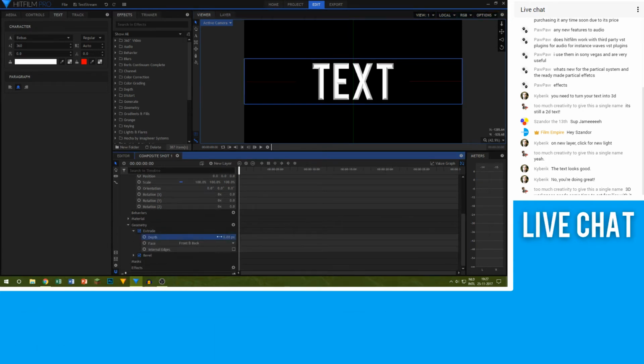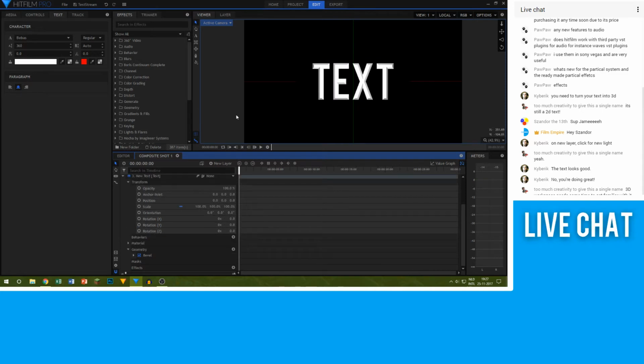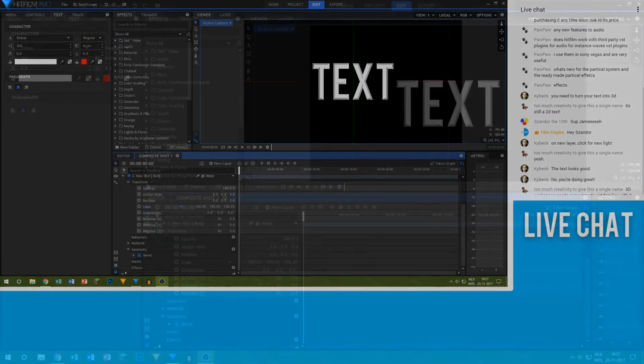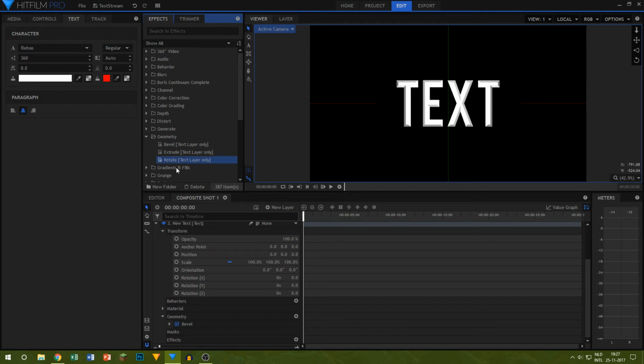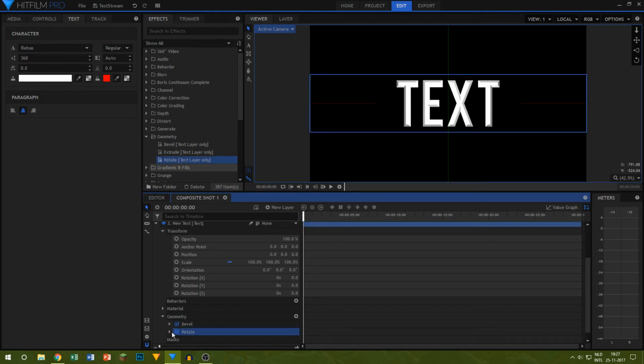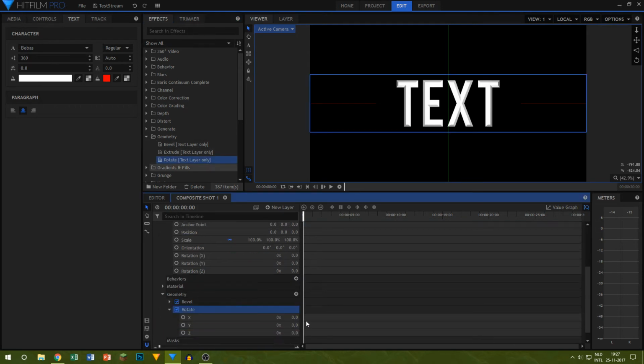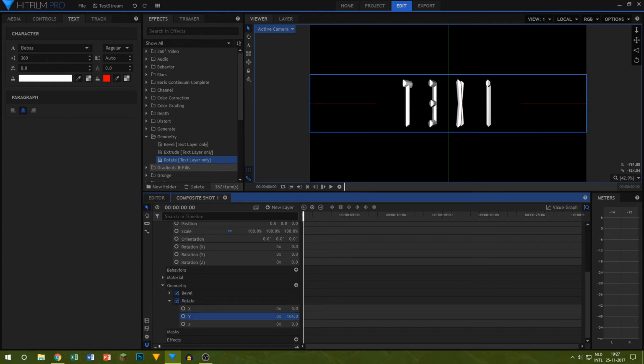So you can also just take this out and have the bevel sit on the text like this, and I think this looks really cool. So that's some really awesome text stuff. So we have bevel, extrude, but what does rotate do? I think that's just, oh wow, that is epic. Okay,